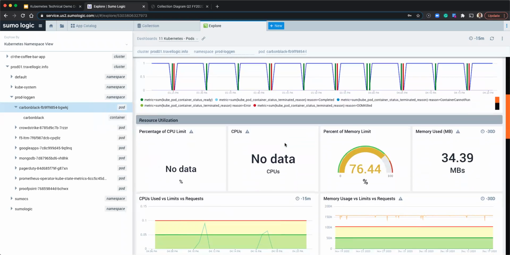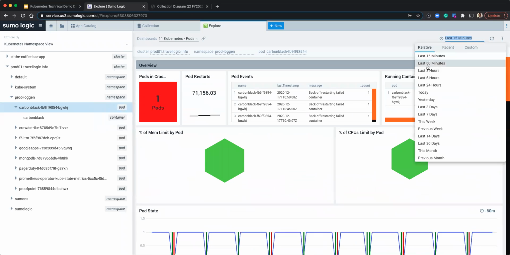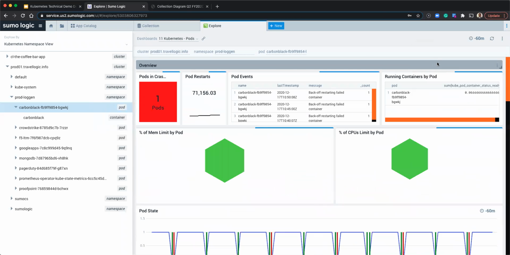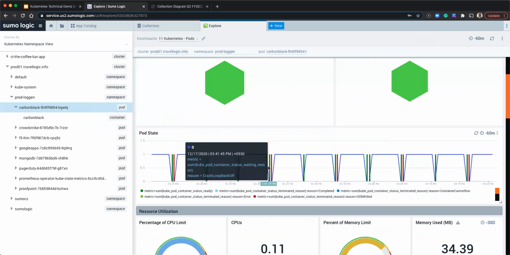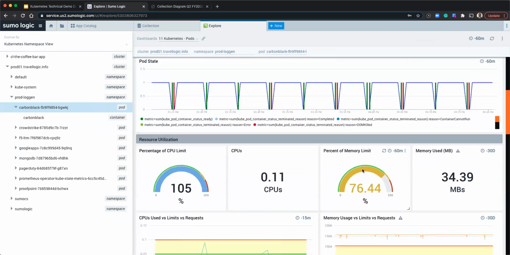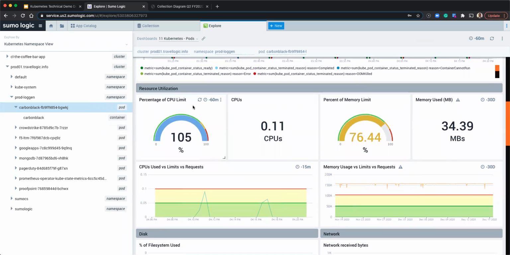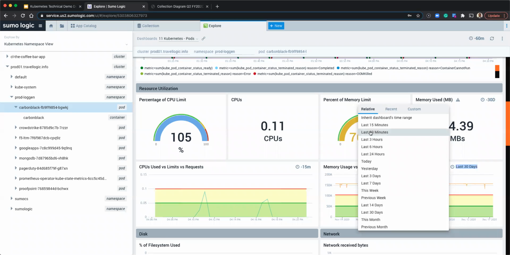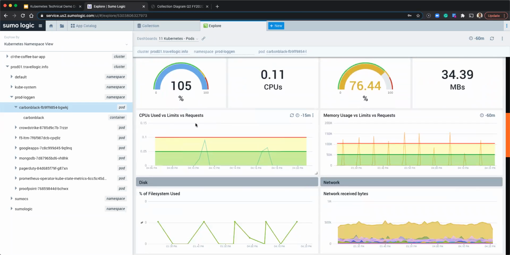So if I come down a little bit, I would like to take a closer look for a longer duration. I can see the same pattern is repeating over here. The pod gets started, but then it is getting killed, etc. So drilling down a little, I see the percentage of CPU limits, tons of metrics being shown over here. And then if we take a closer look at my memory usage,